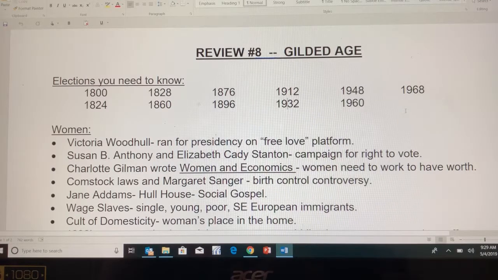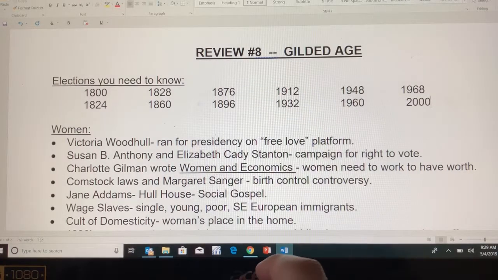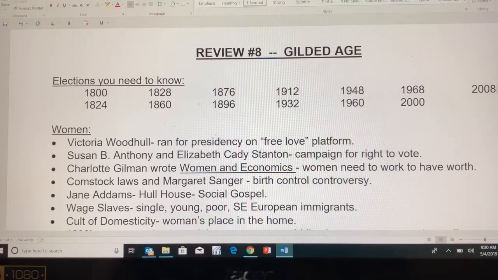If I were to add another election that's really important, we could add 2000 with the Bush administration and the Electoral College debacle, and I could add in also the 2008 election. I don't know if AP is getting that far, but those would be good ones to put in there. Let's see if I have enough room to put 2008. Oh, there we go. Okay, so now what we're going to look at is we're going to really look at the